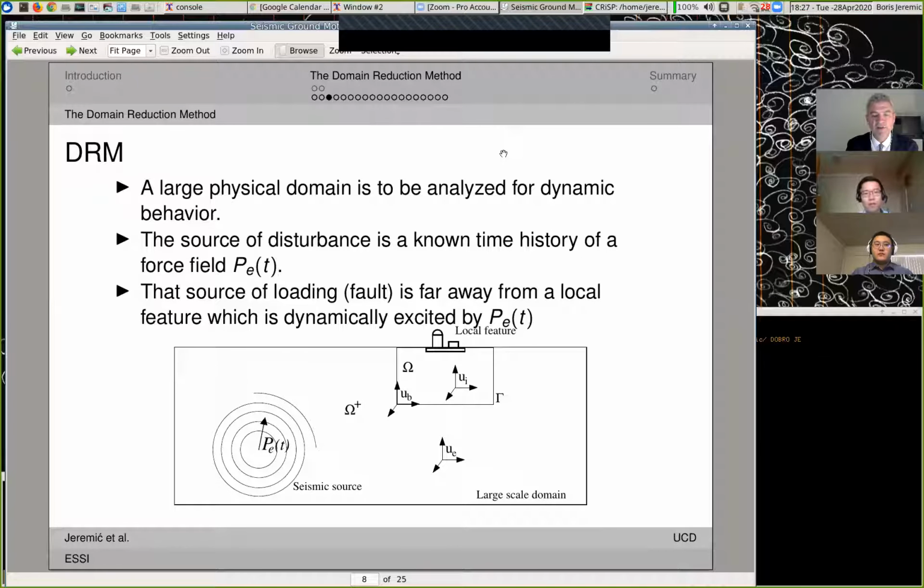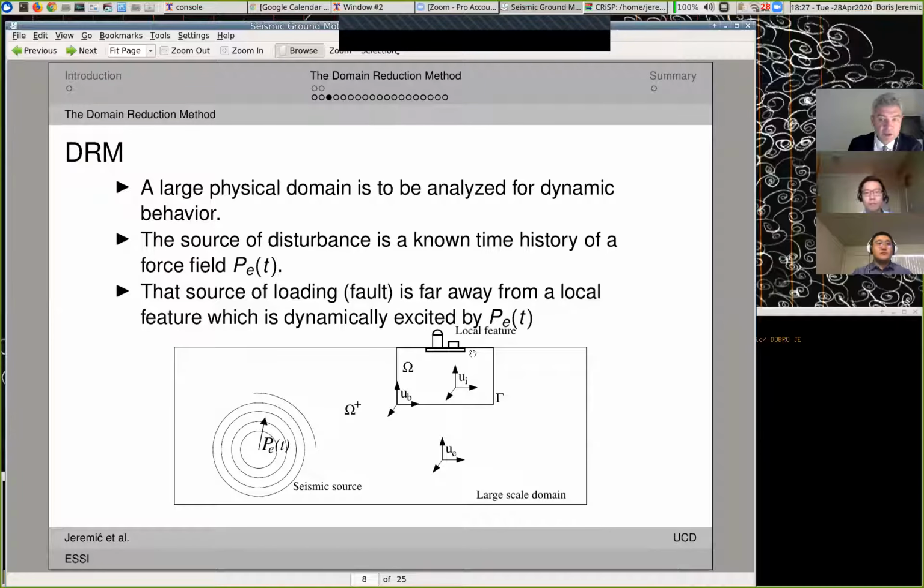So let's assume that we have a finite element model that looks like this. A very large model. There's even a seismic source inside the model. This model might be 100 kilometers by 100 kilometers by 40 kilometers in all 3 dimensions. And so you have a seismic source, and far out somewhere you have a local feature. A local feature in this case is some type of building; it can be a bridge, a tunnel, a dam. In this case, it's a nuclear power